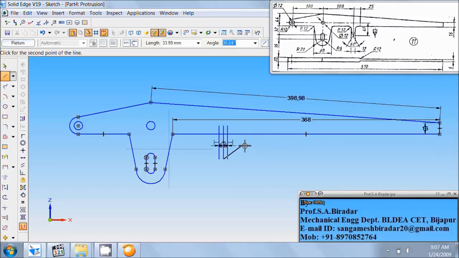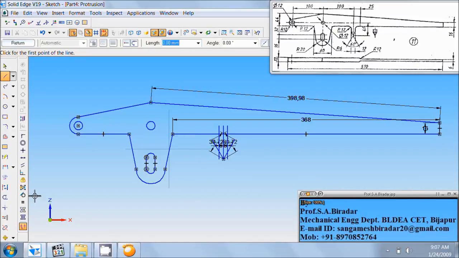So enter angle as 60, that is with respect to horizontal. Draw in this fashion, say this much line. Right click of the mouse. Again from this end, draw a line of any length, just angle as -60 in this fashion.